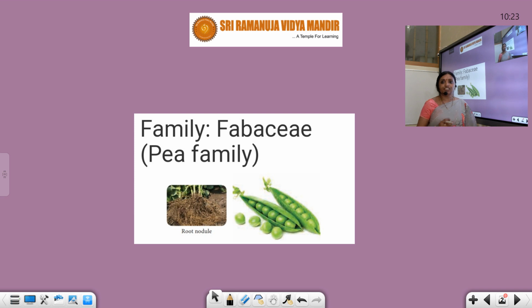And then you have to write the vegetative characters of the given plant or twig. The vegetative characters are root: you have to describe the morphological structure of the root, how the root looks externally. That means whether it is a taproot, adventitious root, or fibrous root. If it belongs to monocot, then it has a fibrous root system. If it is a dicot, then the dicot has a taproot system. Similarly, you have to describe the stem and the leaf.